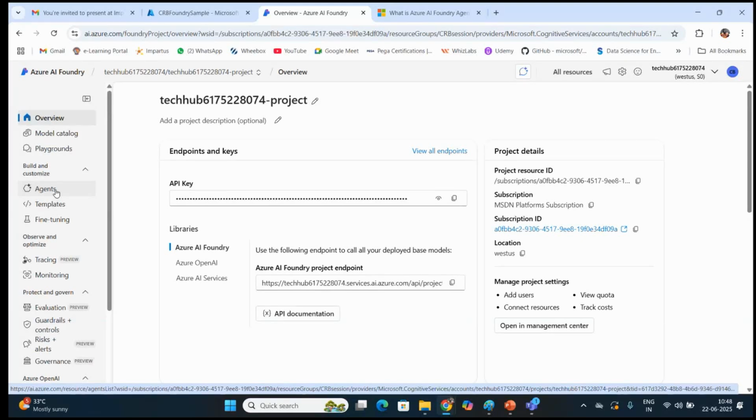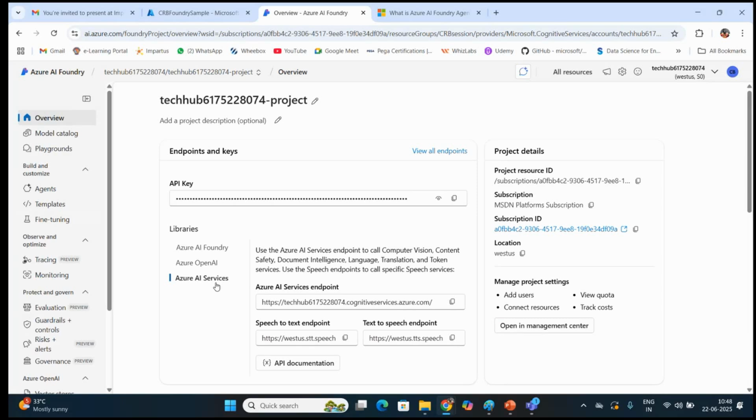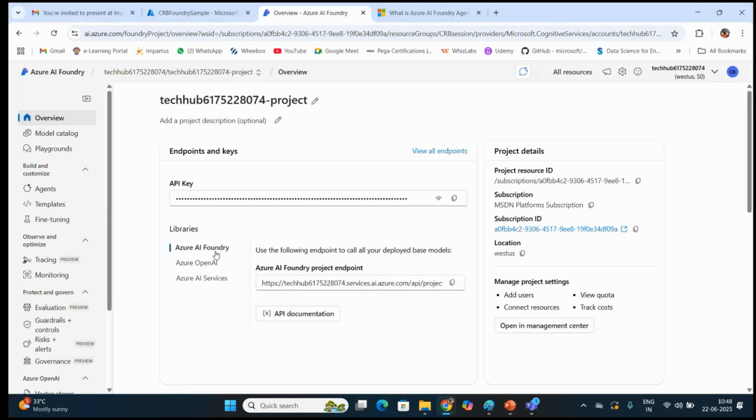The first thing it does is have the API key enabled here, wherein you can use this particular endpoint along with the key. And that would be available for all the resources that you have, like AI Services, AI Foundry, Azure OpenAI. So all kinds of things that you have, it would be available.